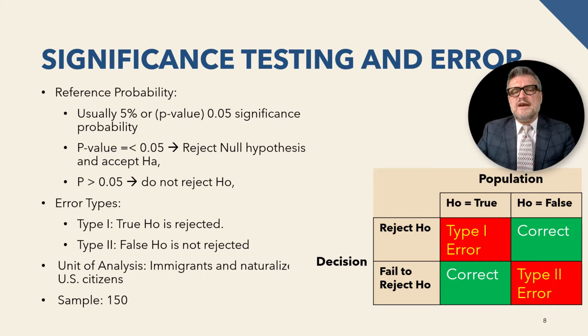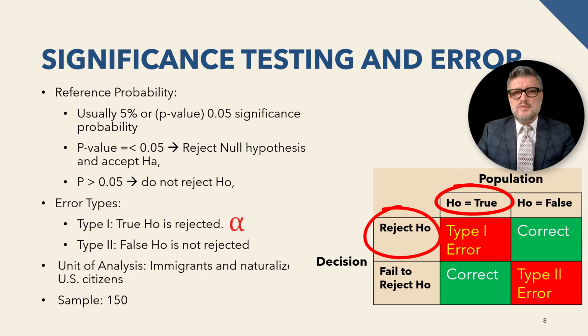There are two types of errors in hypothesis testing. Type 1 error, or alpha, occurs when the null hypothesis is incorrectly rejected when it is actually true. This is also known as a false positive or alpha error. The significance level alpha sets the probability of making a type 1 error, commonly set at 0.05. In our hypothesis about crime and immigration status, type 1 error would be if, in reality, there is no difference in crimes committed by people in different immigration status, but we conclude that there is.